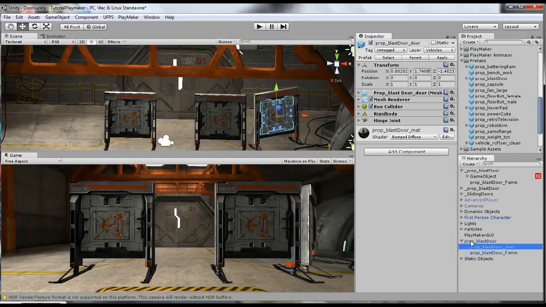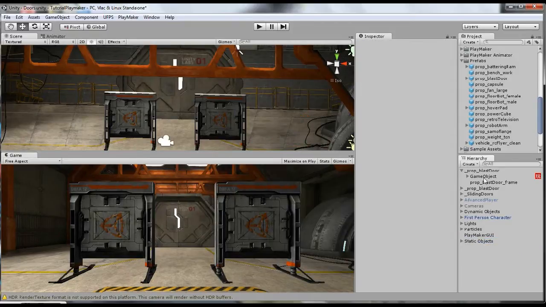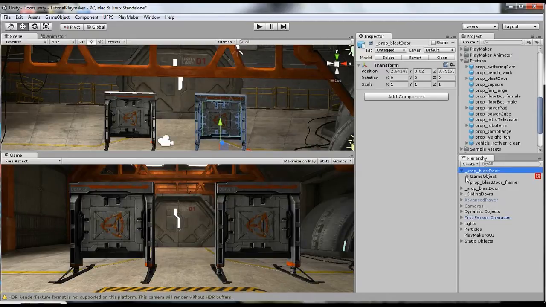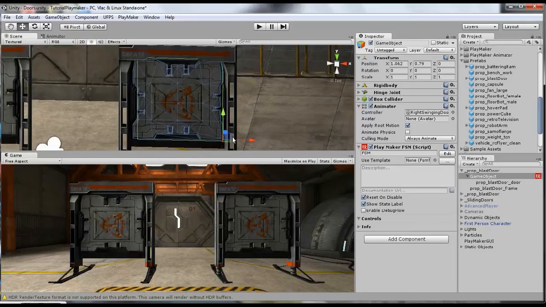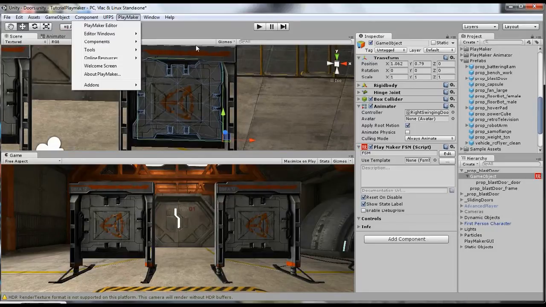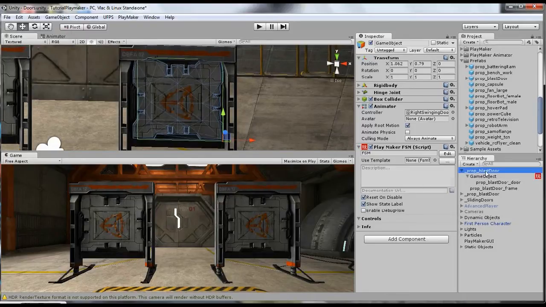From there, I'm going to delete that. So from there, I added in an empty game object. I'm going to zoom in on that. So I did a game object, create empty, and then I put it as a child of the prop blast door,